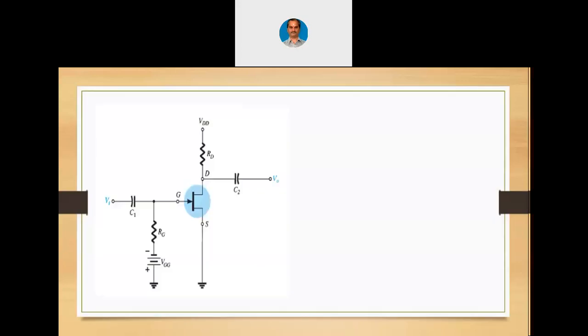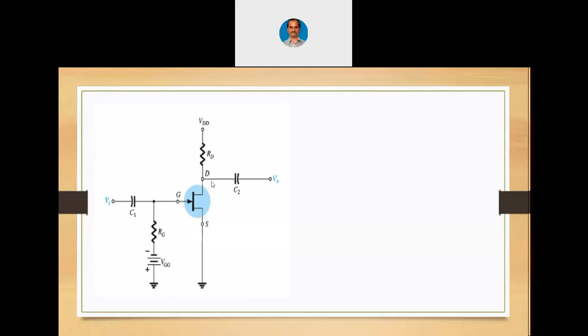Let us see the very first biasing configuration, called fixed bias configuration in case of JFET. The same thing was called base bias in BJT. Now this is the fixed bias. There is a JFET here. I had already told you about the symbol. When the gate arrow is towards the channel, it is an N-channel JFET. Why? Because the gate is of P-type, channel is of N-type. This indicates the diode which is between gate and channel. The arrow mark itself indicates the direction of the diode. So that way, you now know that this is an N-channel JFET.